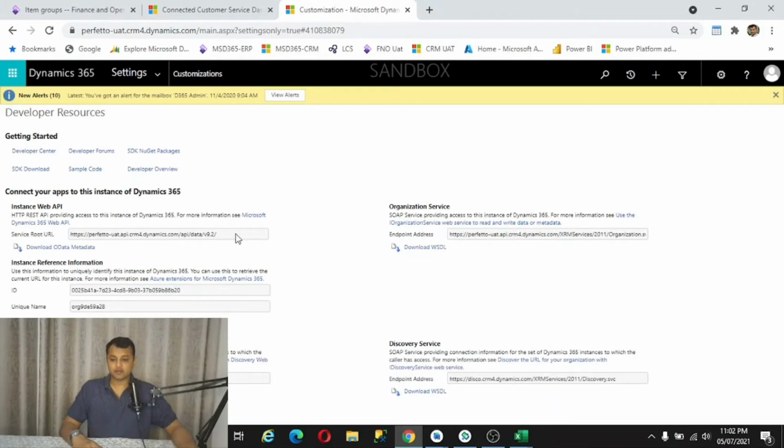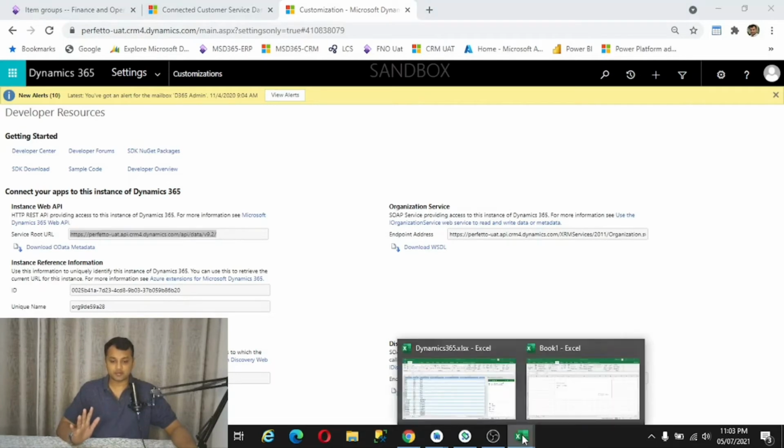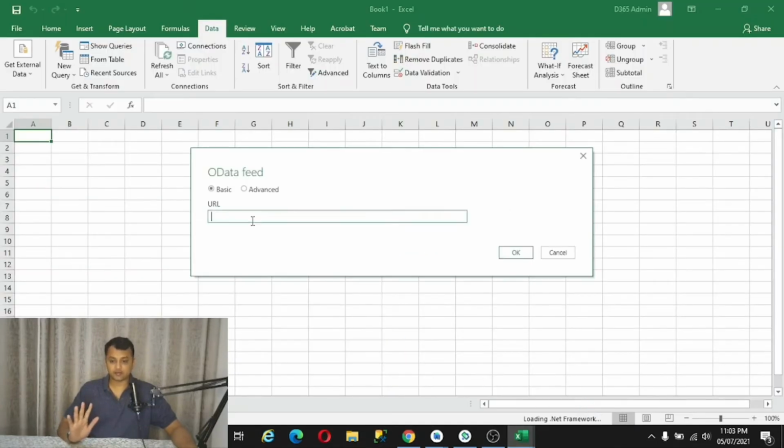Under Developer Resources, we have this URL, which is "Connect your apps to this instance of Dynamics 365." We need to copy this URL. Make sure it is actually having data in the URL, so make sure you select the correct URL for your copy-pasting operation.